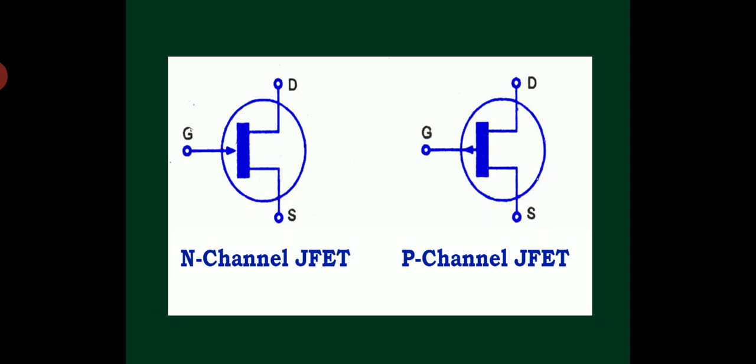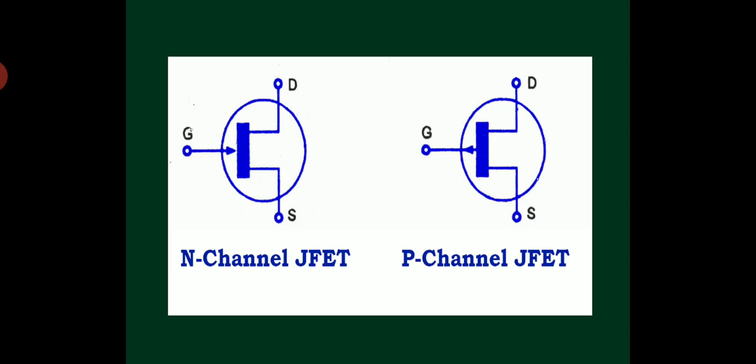So in FET, as I said now, it is also a three-terminal device having source, gate and drain. Here you can compare the function of source with the function of emitter in BJT, the function of gate with the function of base in BJT, and the function of drain with the function of collector in BJT. Okay, source, gate and drain are the three terminals of FET, right? Here the gate terminal is capable of controlling the current between drain and source, right?